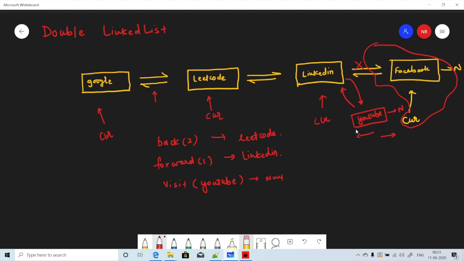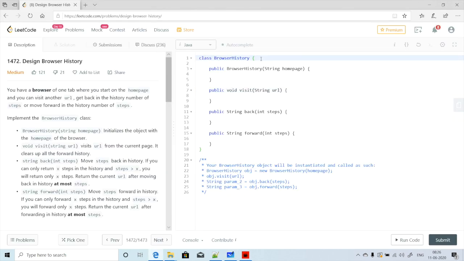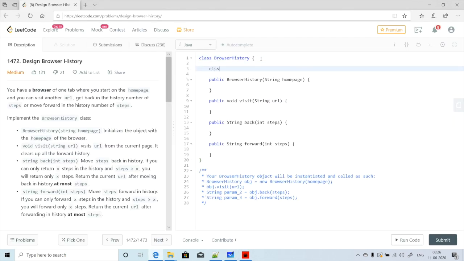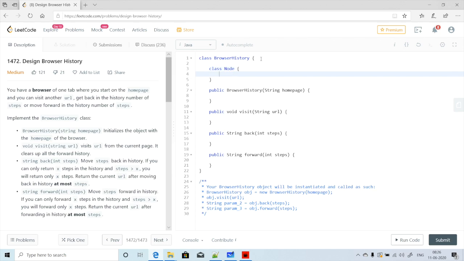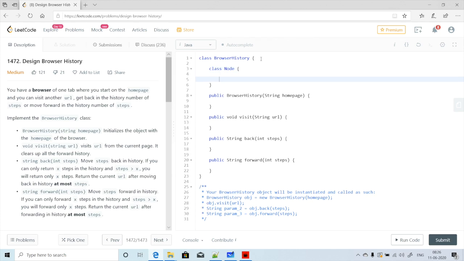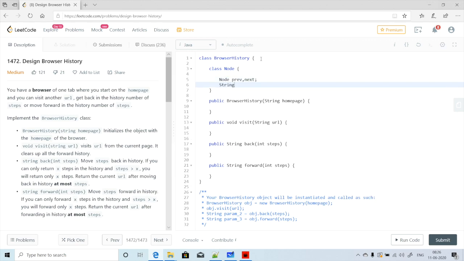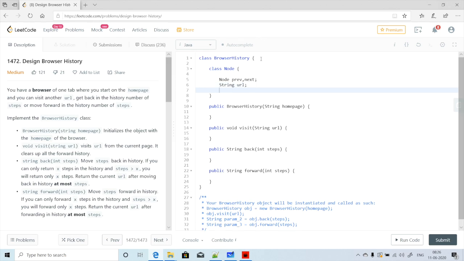Okay, now let's write down the code with this doubly linked list solution. All right, now let's first define our class. First we will define a node, because we want to create a doubly linked list, and the node will have a previous and next pointer, as well as a URL, because we want to store the URL also.